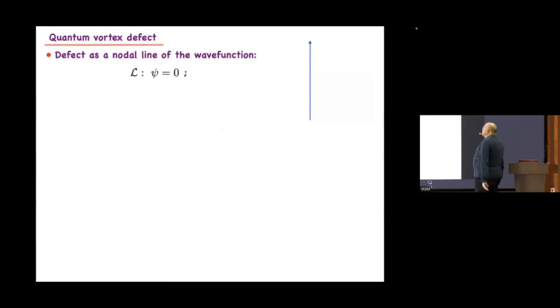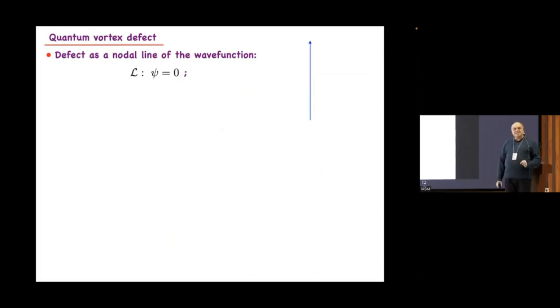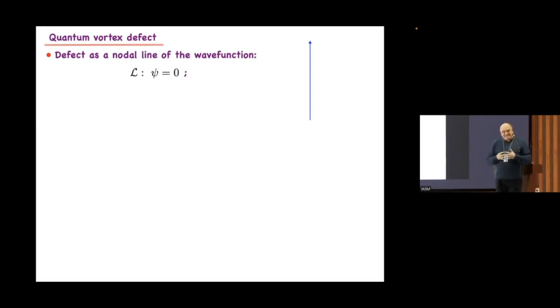Okay, this is the background. Now I want to go back to the fundamentals, just because I cannot find in books a good explanation. So this is my explanation. It's not so different from other contexts, but I think it is pointing in the right direction. First of all, what is a vortex in this case? A vortex is a geometrical line, a nodal line, a mathematical nodal line due to the intersection of the isophase surfaces. So it's a mathematical concept.